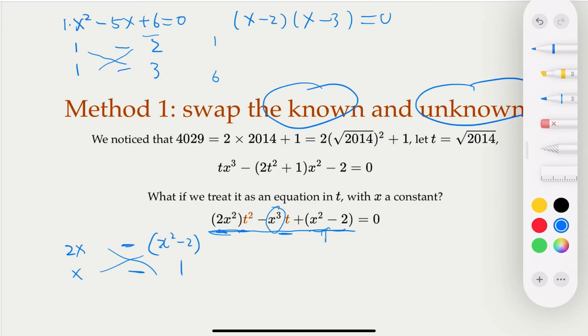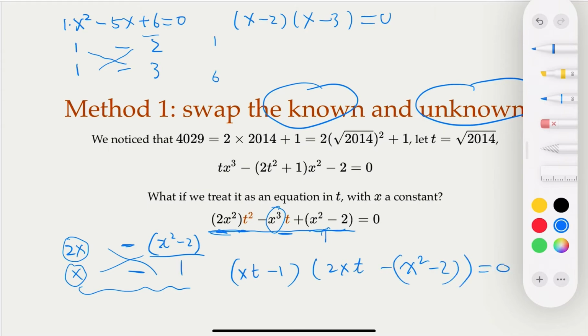So the factor right now is going to be xt minus 1, right? For this term here. Remember, this x is considered as a coefficient here. This other one is going to be 2xt minus x squared minus 2, right? So that's going to be your factor, right? So let's rewrite this equation here,